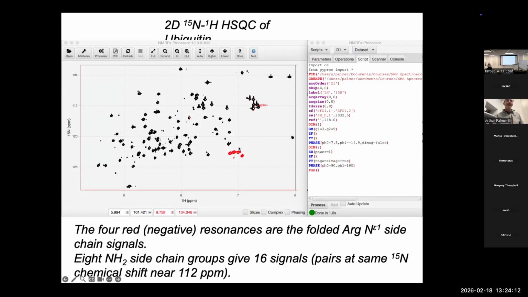These red peaks here are the arginine epsilons. They're actually up around, I don't know, 84 parts per million. So they're off the top of the screen in reality, and they've wrapped around and reappeared from the bottom because